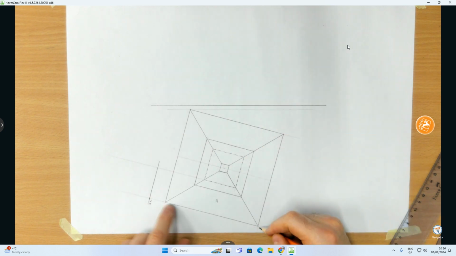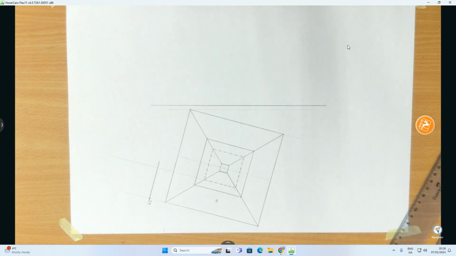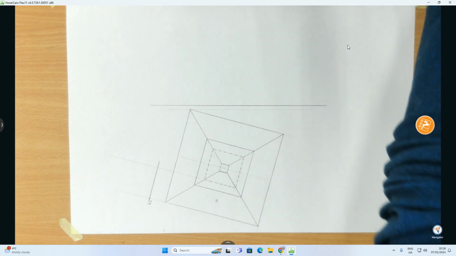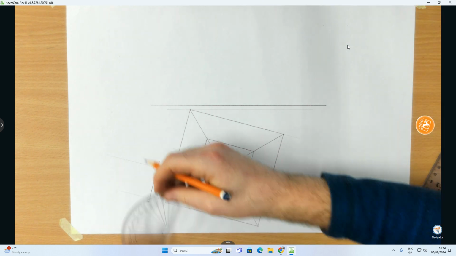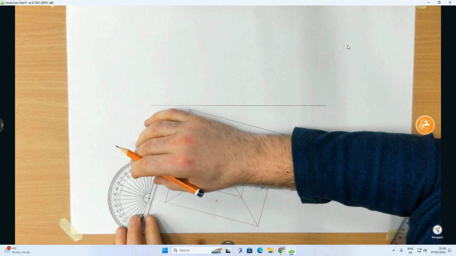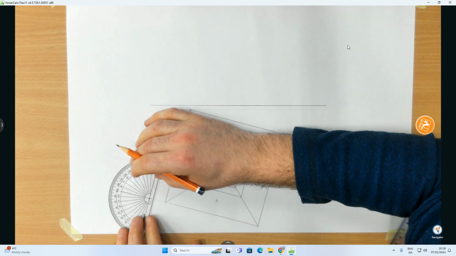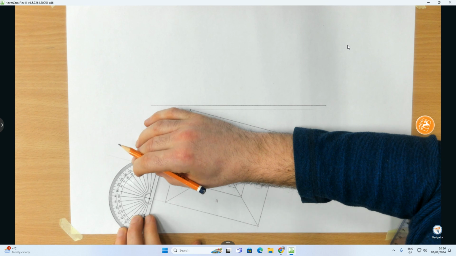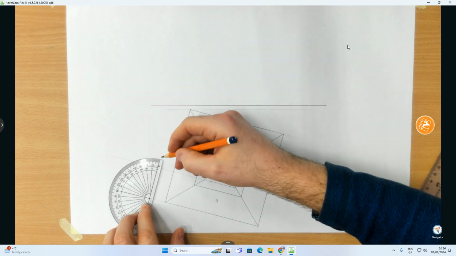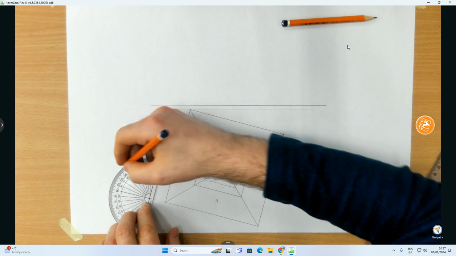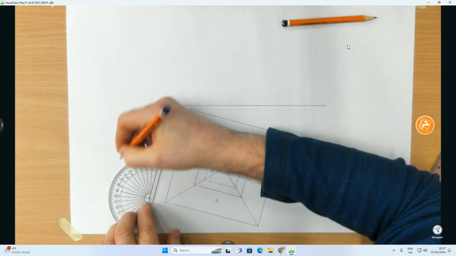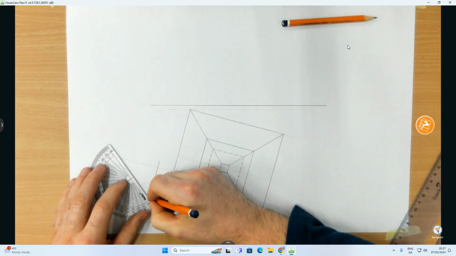But these 2 points here, we are told that the yellow surfaces all have an inclination of 50 degrees to the horizontal plane. In this case, my X1, Y1 is representing my ground. So I'm going to put my protractor on it. I'm going to measure an angle of 50 degrees. Switch over my pencil there. So there's the 50 degrees. And now, with that,